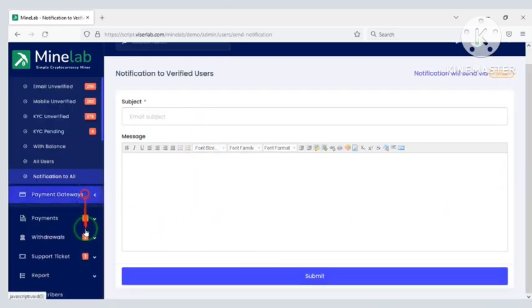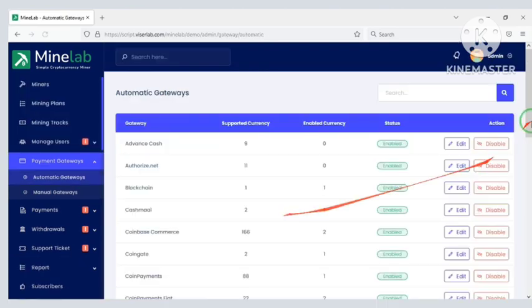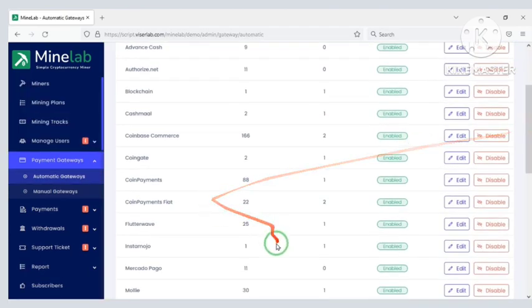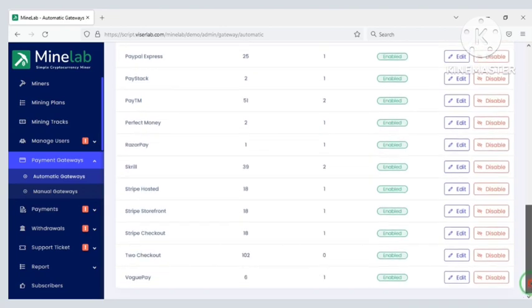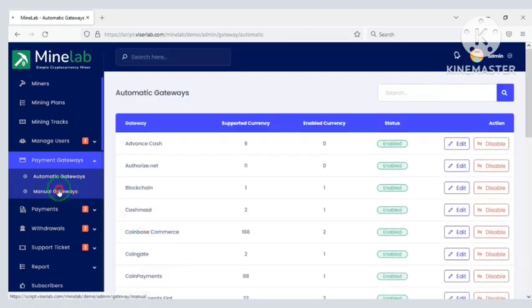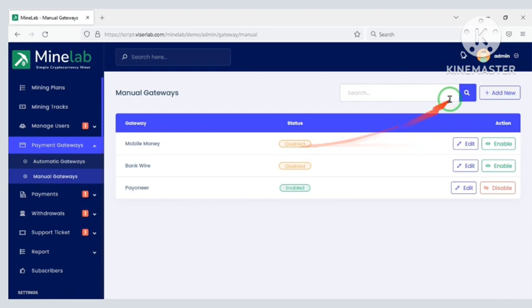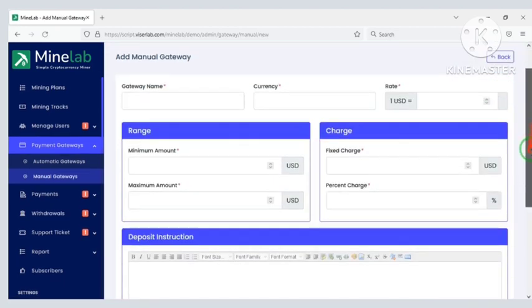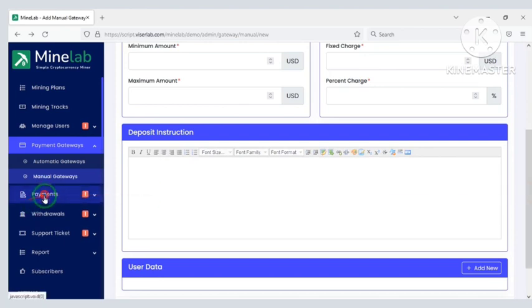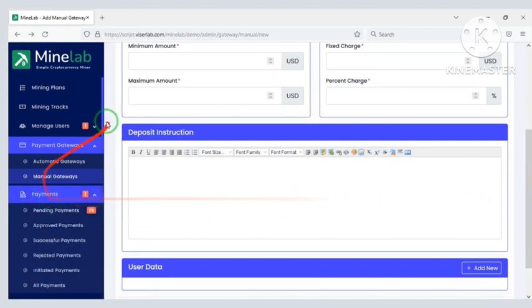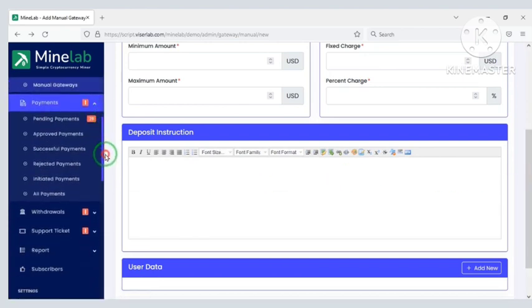You can also add your preferred international automatic payment gateway. Here you will find many international payment gateways. Moreover, you can create a manual payment gateway. You can see the various payment history of the website.